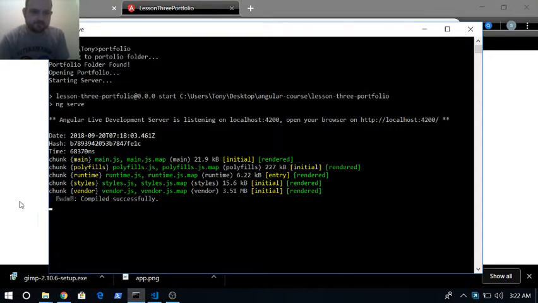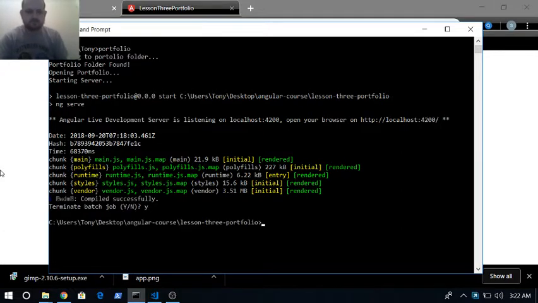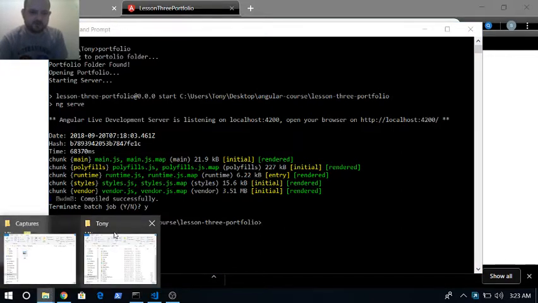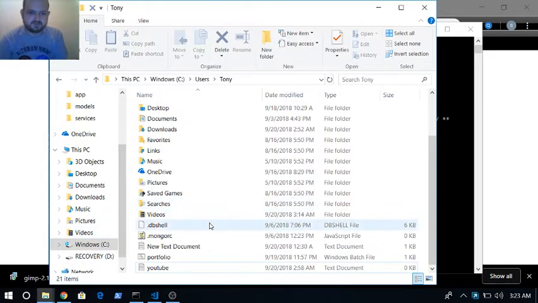But yeah, this is basically how this works. I'm going to terminate the command, and then we're going to go into the folder and show you how this works. As you can see,